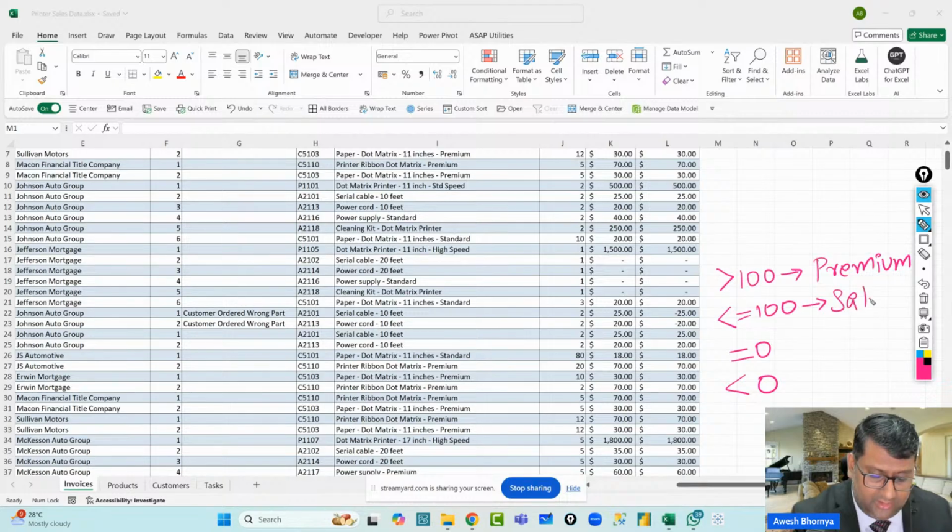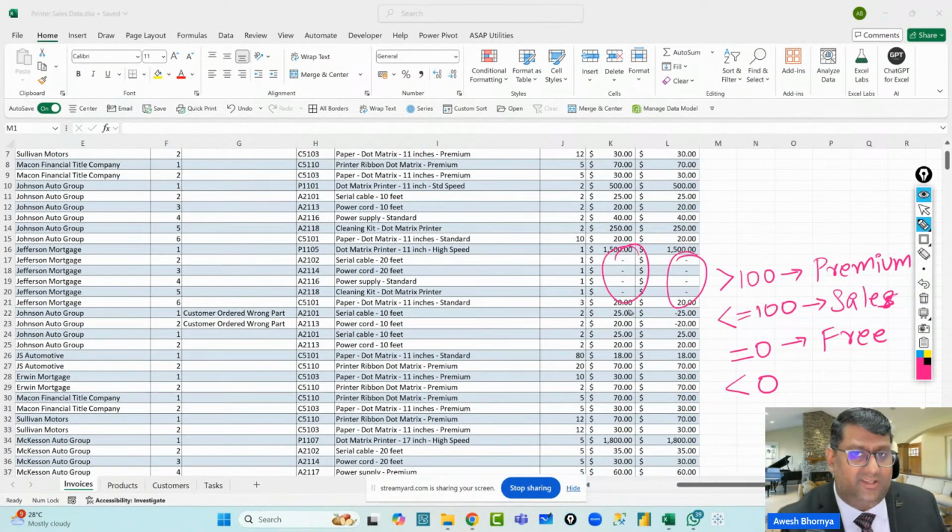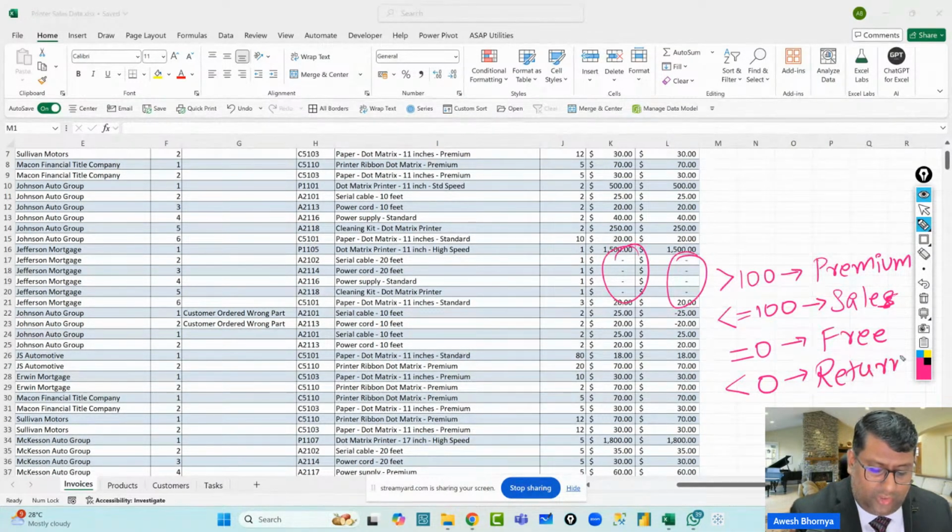So I just write sale here. And when you're offering it for free, it's going to be of no charge, so free. For example, these free products could actually be accessories that come along with the product sold. And finally, anything which is less than 0 will be treated as a return product, something which is not acceptable to the customer for whatever reasons. Maybe the product was ordered wrongly, or it was defective. We are not really talking about it for now, but yes, we need to understand why the products are being returned and what the major reasons are for the many returns we are seeing.